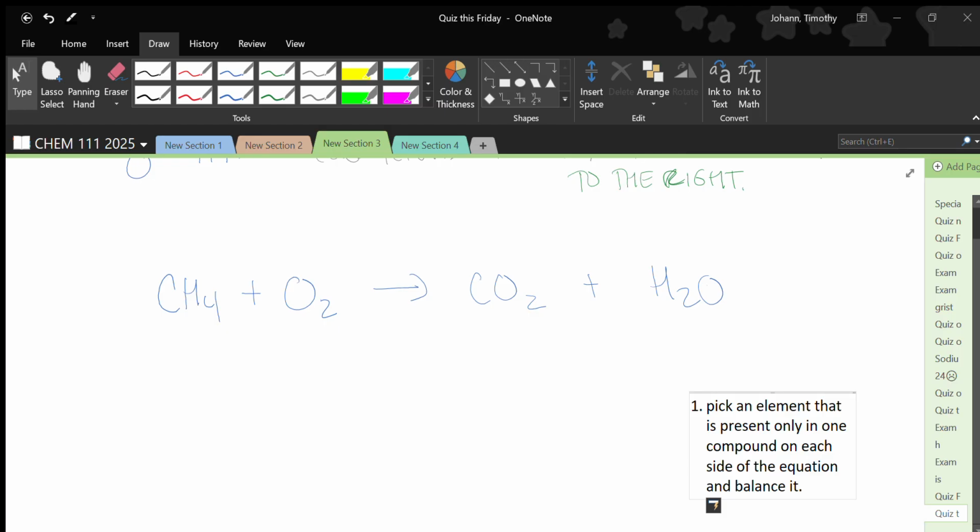Okay, and so what I'm going to do is I'm going to take my hydrogens here. I've got hydrogens in methane. I've got hydrogens in water, so I'm going to go ahead and balance that. I have 2 hydrogens on the right. I have 4 hydrogens on the left. So if I put a 2 in front of the water, all right, let me do that a different color. If I put a 2 in front of the water here, now I have 4 hydrogens. 2 times 2 for 4, I have 4 hydrogens. Those are balanced. Okay,